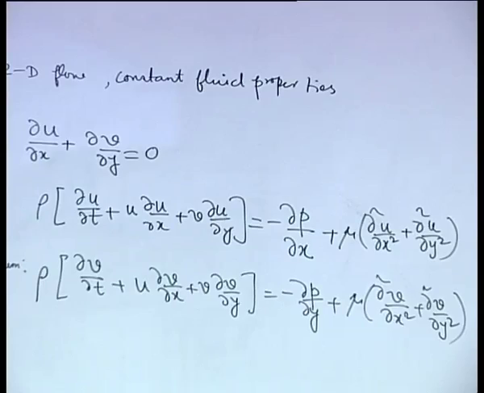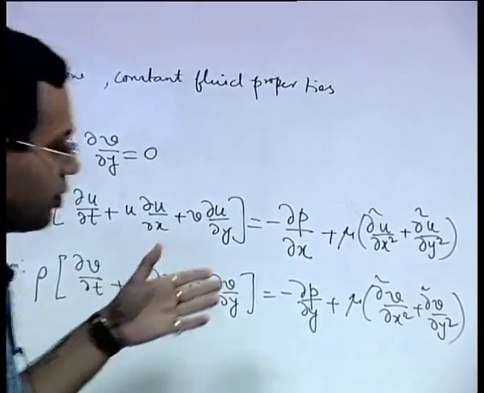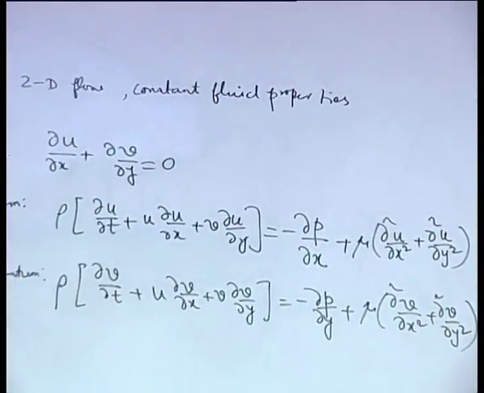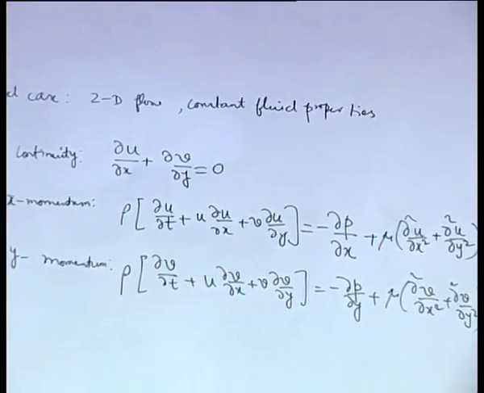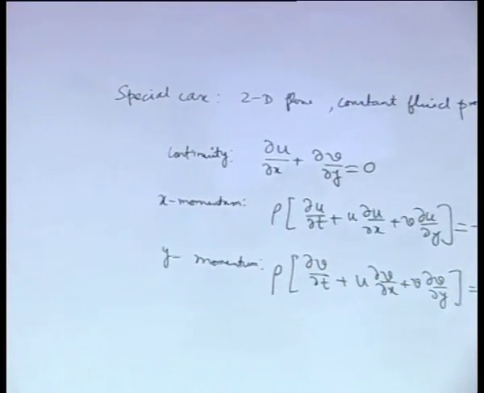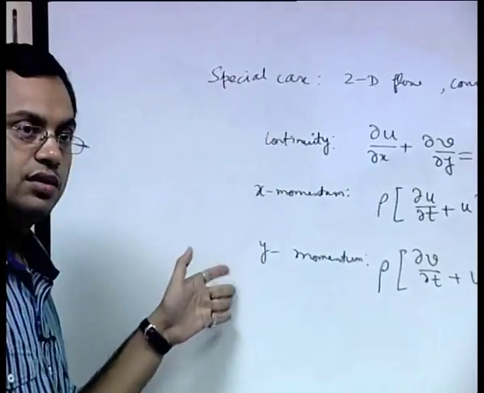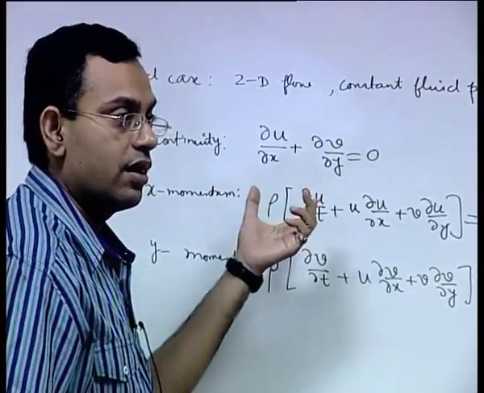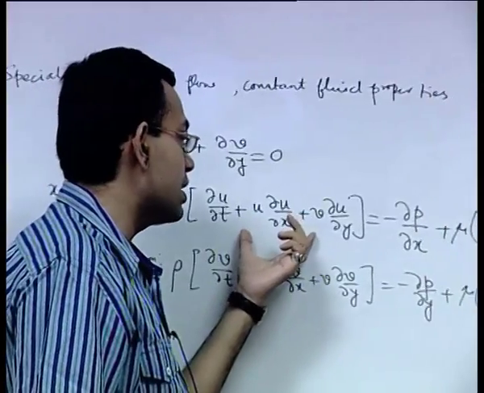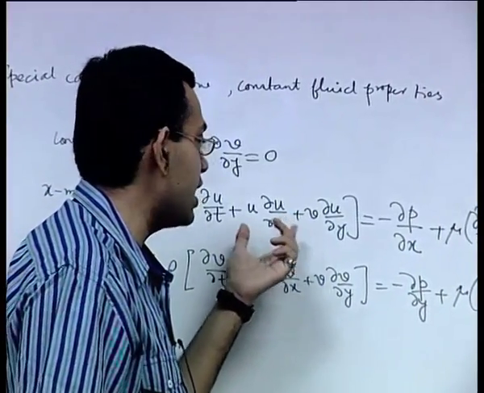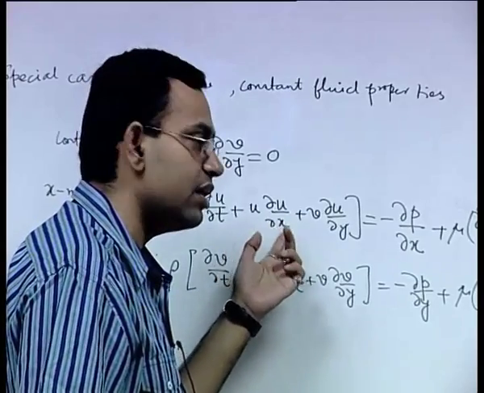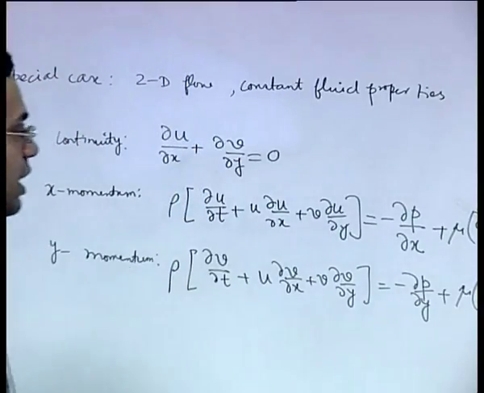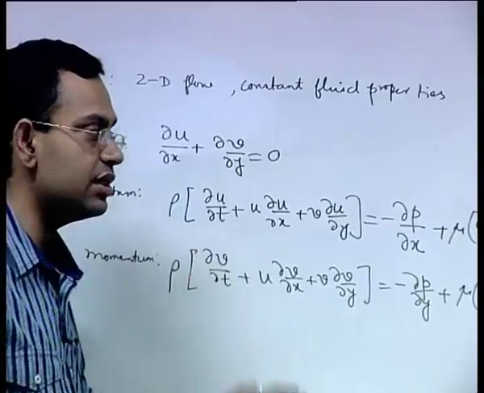So what are the features of this equation? We have not considered any body force, you can generalize by adding some body force in the right hand side. Now what are the important features of this equation? First of all, they are coupled. Next, they are non-linear. They are non-linear because of the presence of the advection terms in the left hand side. So u del u del x, like that, these are non-linear terms. So non-linearity is one of the important considerations,